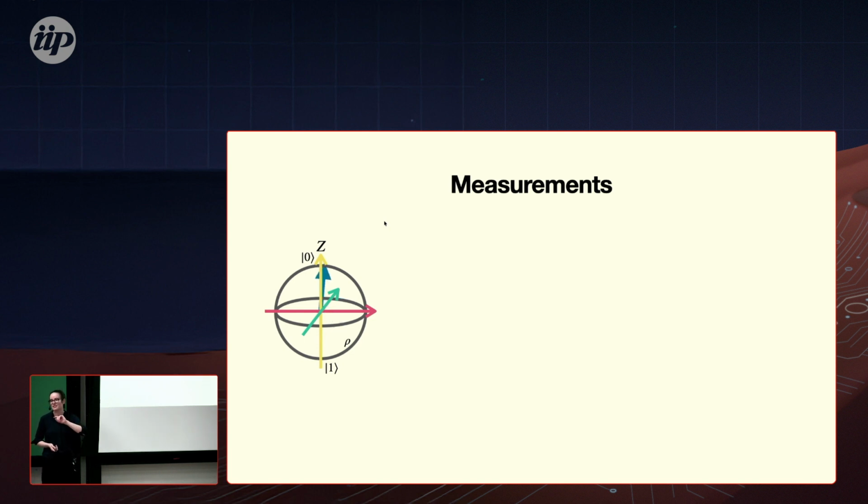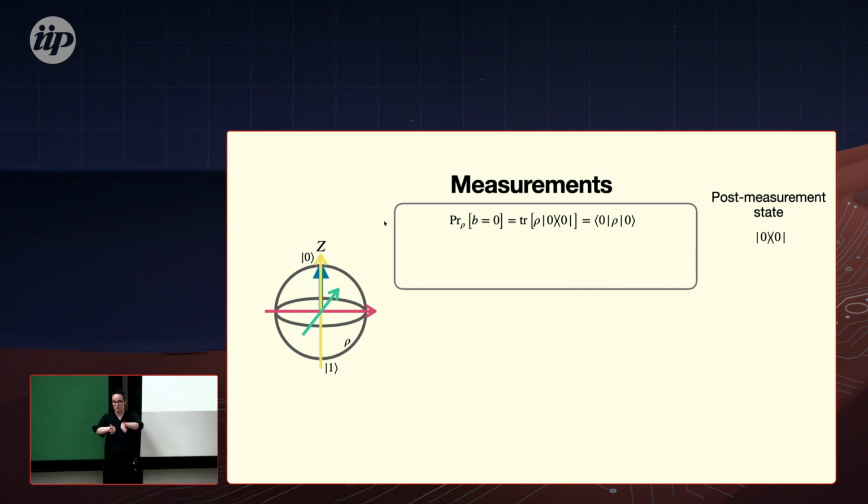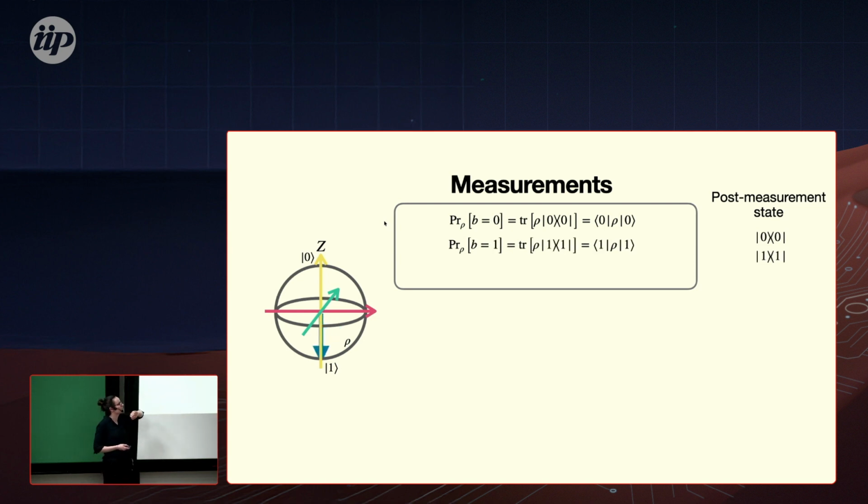So either when we do this measurement, we get out a 0, which then collapses the quantum state onto the 0 state, where we can now say that the probability that this will happen is just the overlap of the 0 state with our quantum state. And the post-measurement state after that destructive measurement would just be the outer product of the zeros. Or we can get a 1, where again, same gist, the probability to measure a 1 is just the overlap with the post-measurement state in our quantum state, which is 1 rho 1. And the post-measurement state would be the outer product of the 1 state.